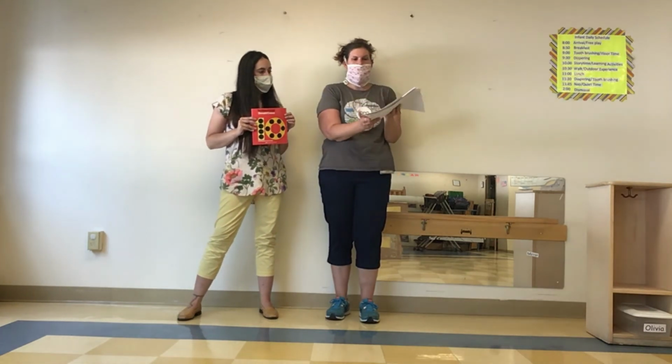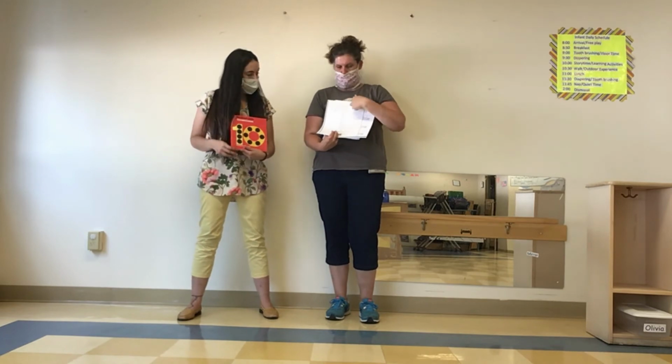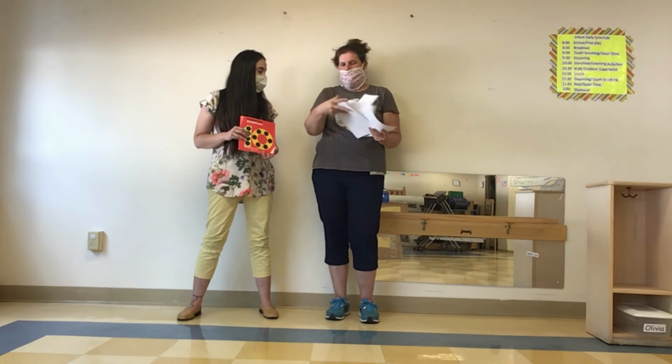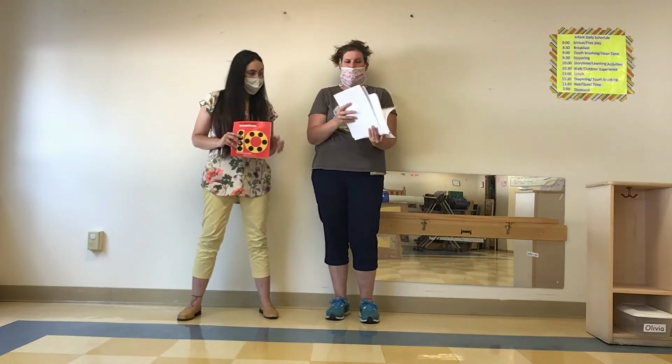And then this one, again, the dotters, you can color them, you can use the dotters, you can use markers, however you guys want to do it. You can have them trace it first. It's all up to you. Now those are for the younger kids, so between your infants, for you guys doing hand over hand, and our toddlers. For you little older ones, between the preschool and a little bit older,